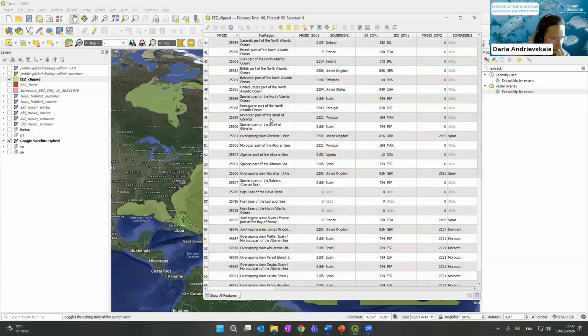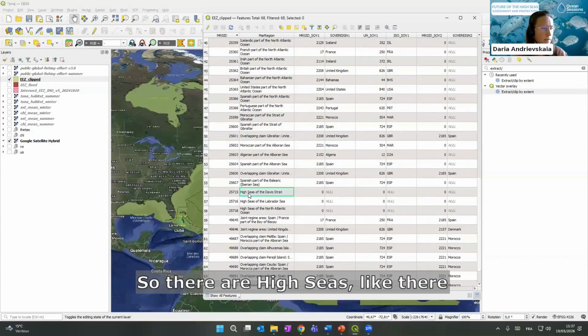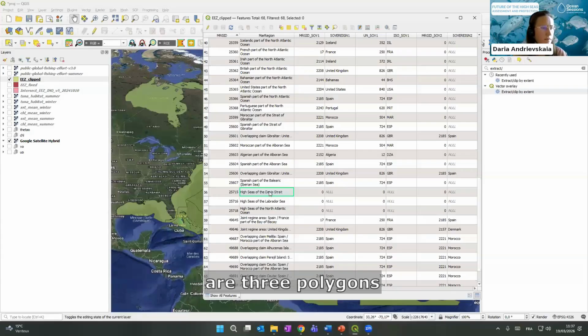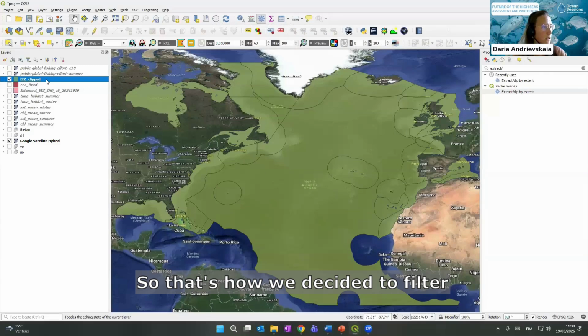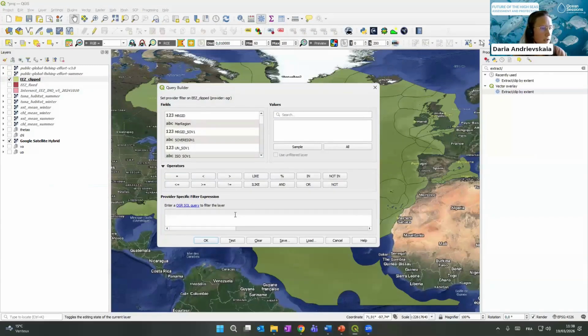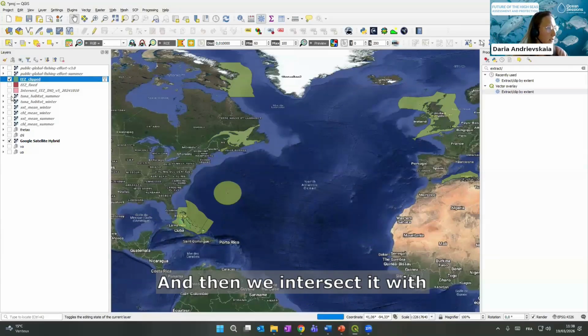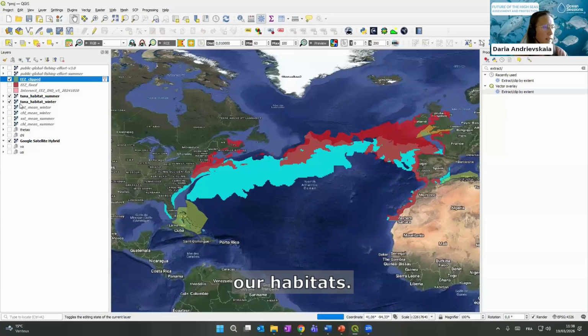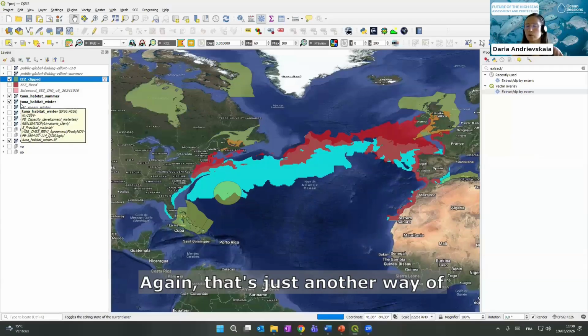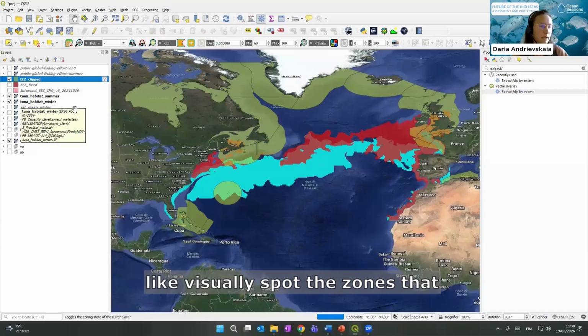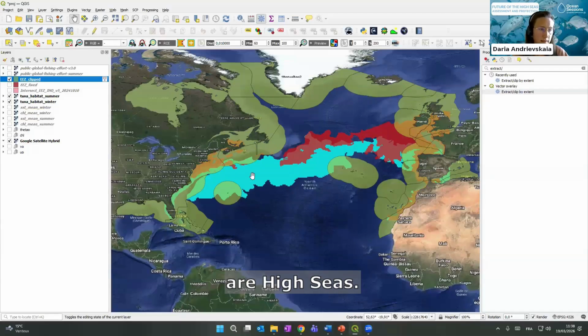Ah, they're here. So there are 3 polygons that say it's high seas of this zone, and you can see that they have this column equal to 0. So that's how we decided to filter our layer. And then we intersected with our habitats. Again, it's just another way to visually spot the zones that are high seas. So it's basically all the zones that are not green. And we can see that